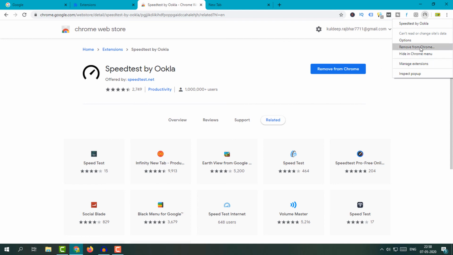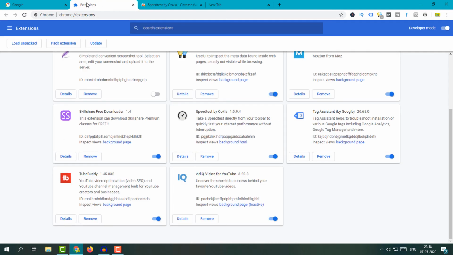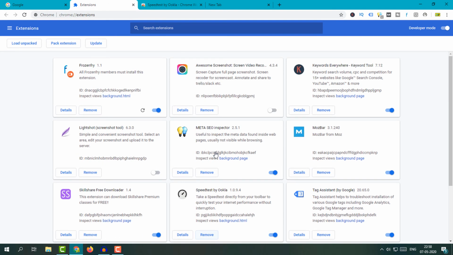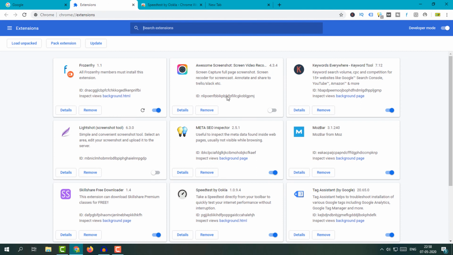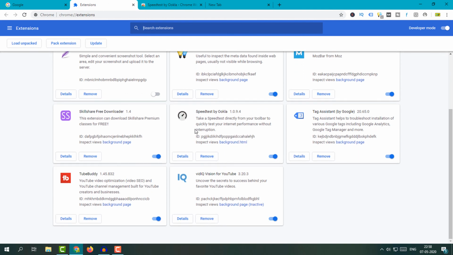Okay, so friend, this is one method to remove from here, or you can easily remove from this URL chrome://extensions. So land on this page. So simply here you can find that extension. So friend, you can see over here.